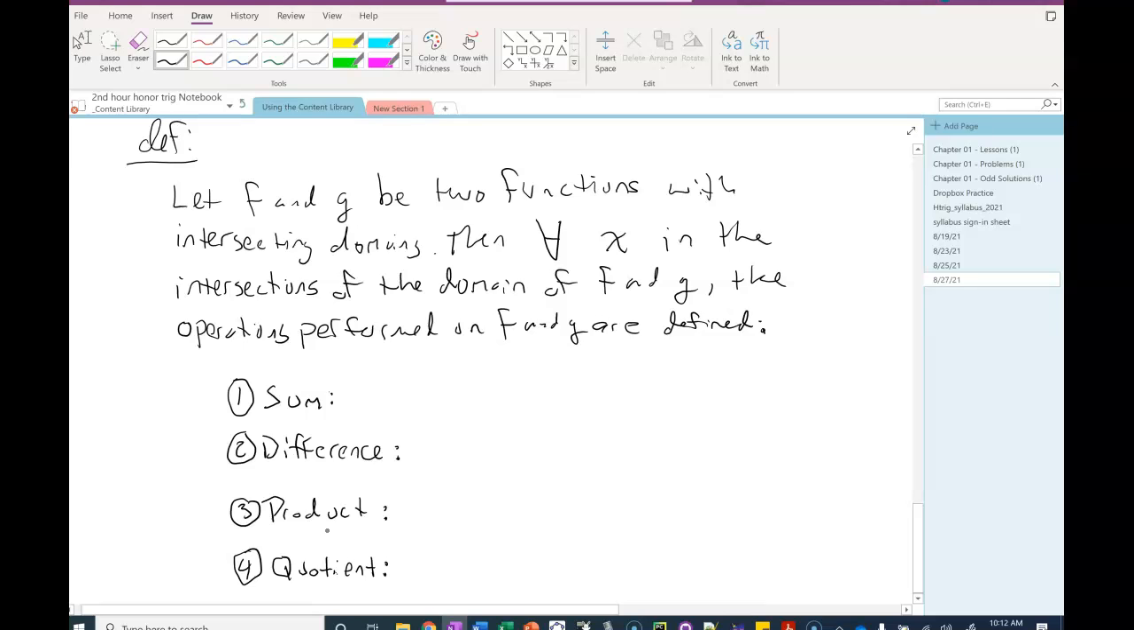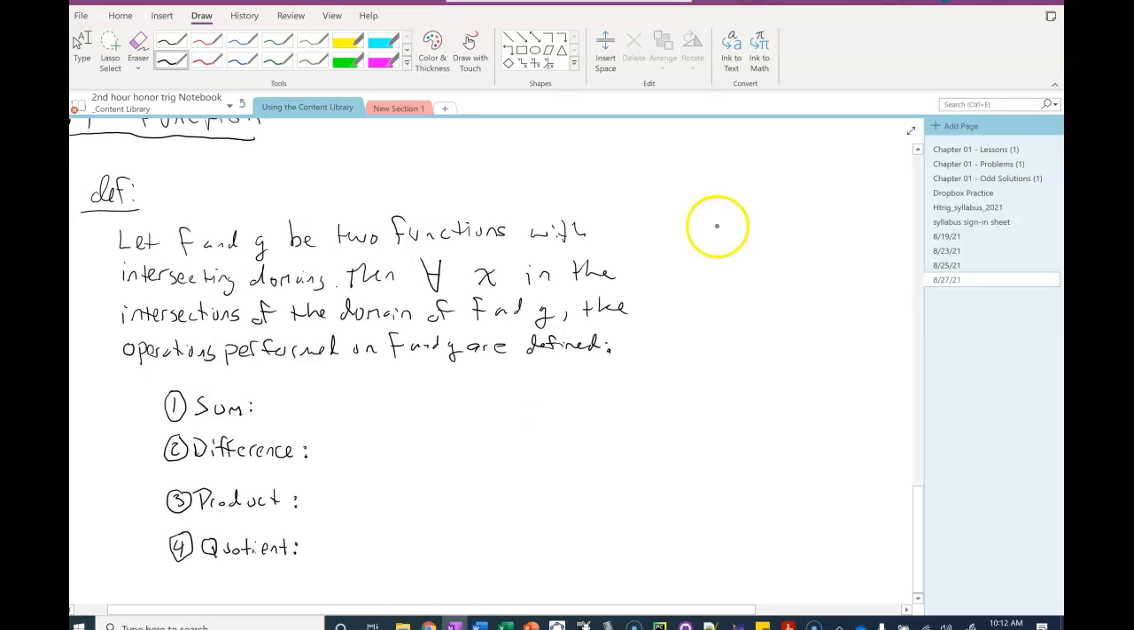Okay, so this starts with f and g being 2 functions with intersecting domains. What do we mean by intersecting domain? Well, it means that they have to have some x's in common that are defined in both functions, right? So for example, I couldn't add